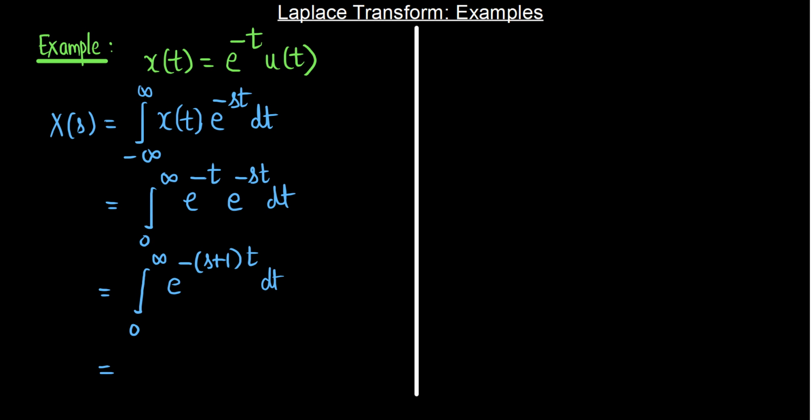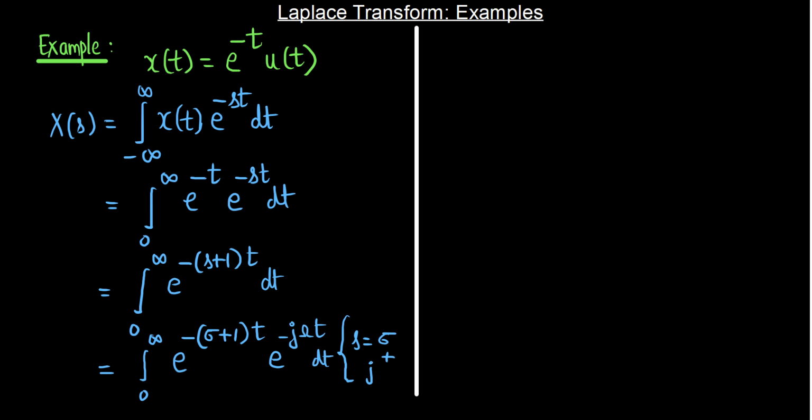now let me separate out this s. There's going to be e power minus sigma plus 1 times t and e power minus j omega t dt. Why? Because we know this s is sigma plus j omega. So this is going to be equals to,